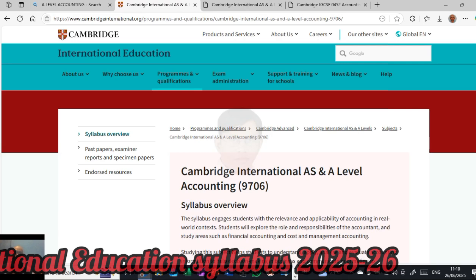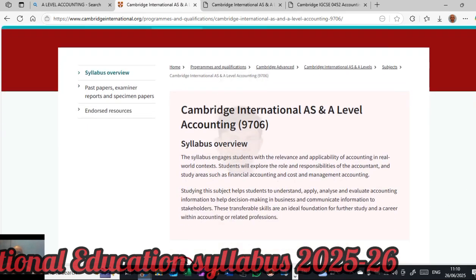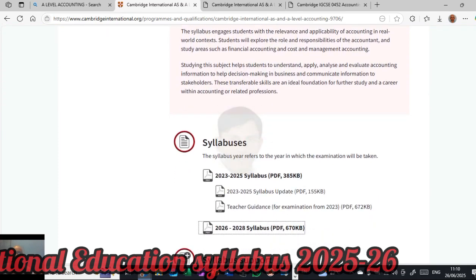So let us start with accounting for AS and AD. So let us have a brief overview, syllabus overview. So you might have got some books which have been given to you by your friends or relatives. There may be some notes already available, and you may be having some question papers and some written stuff or some material with you. So you may be confused whether to use it or not, and whether the syllabus has changed or what. So many doubts will be there.